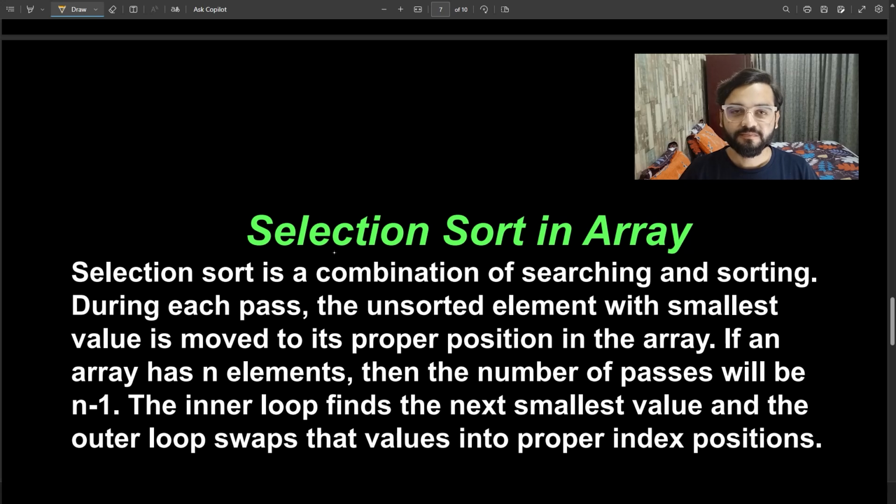Hello everyone. So in the previous video we saw how we can apply bubble sort in an array. For binary search, we must have the elements arranged in ascending or descending order. So in this video we will be looking into another sorting technique, that is selection sort. If you haven't watched my video on binary search or bubble sort, then please do watch those videos before proceeding